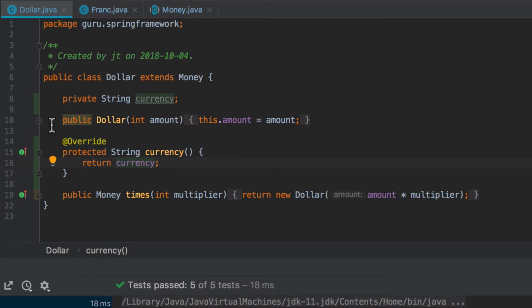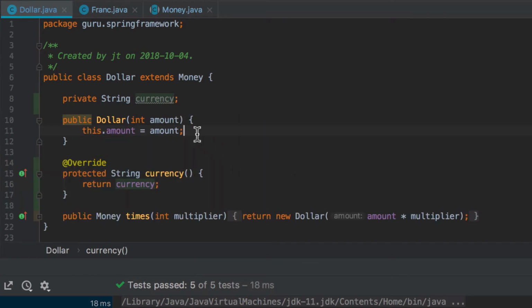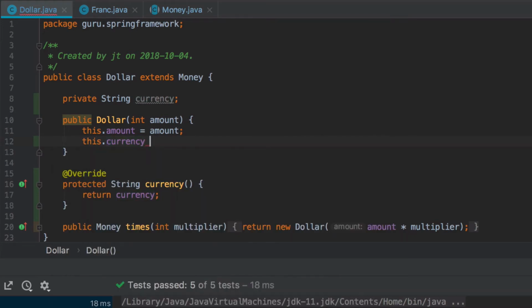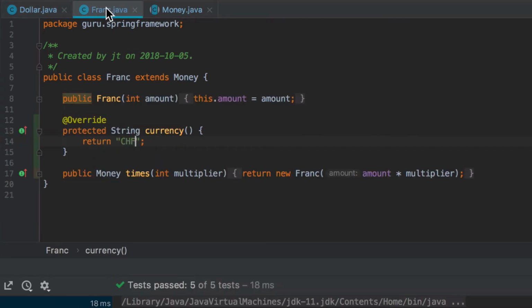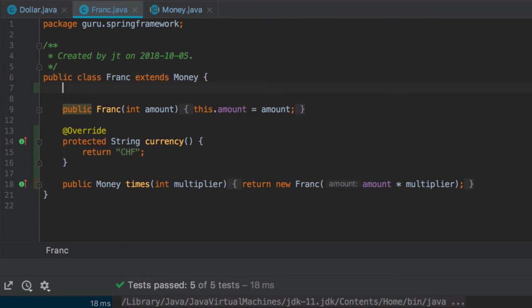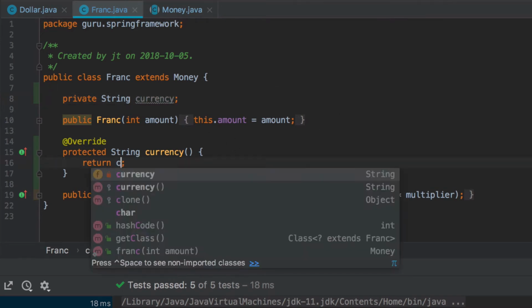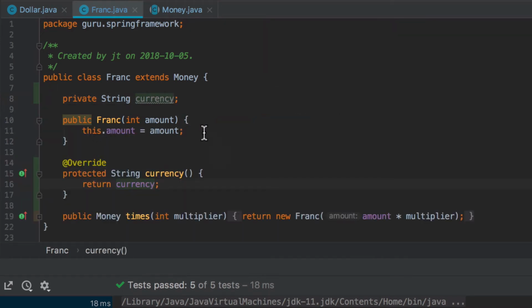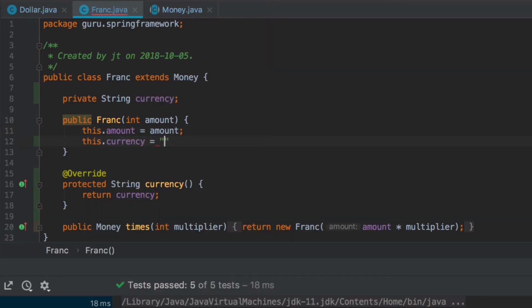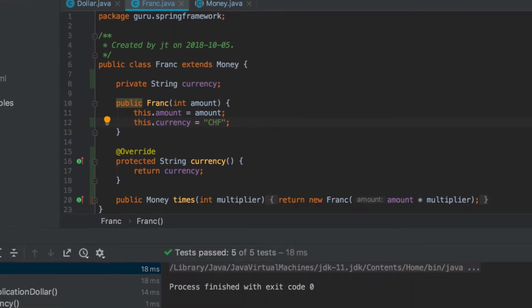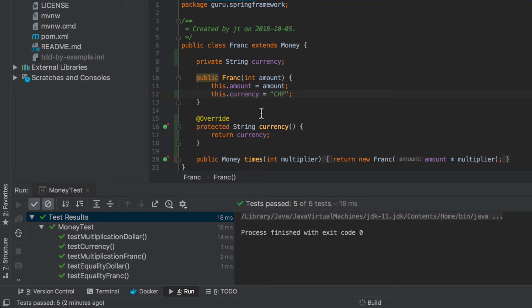And now we can actually initialize that in the constructor like this. And let's do the same for franc. Like that. And let's double check our tests, make sure that those are still happy,